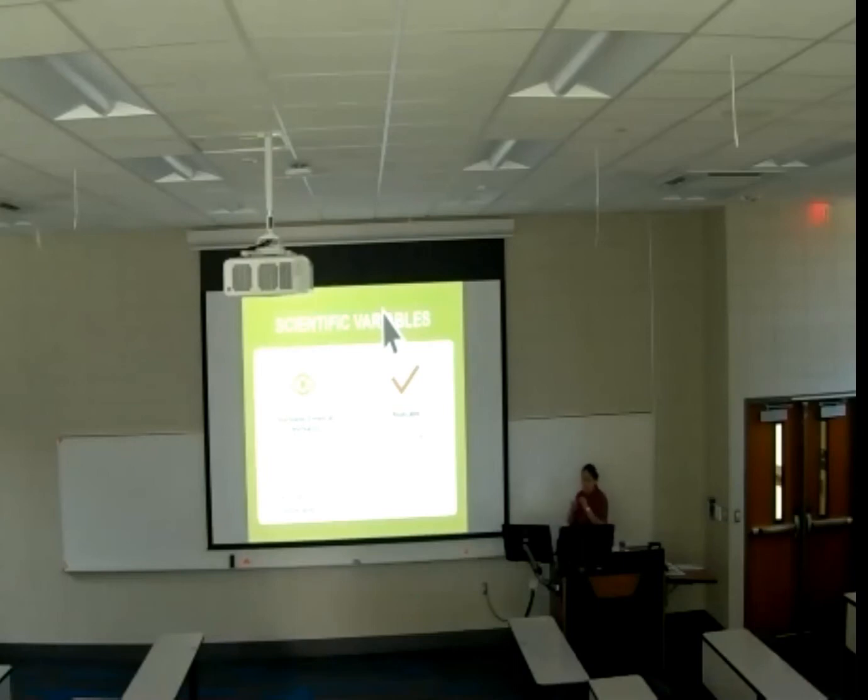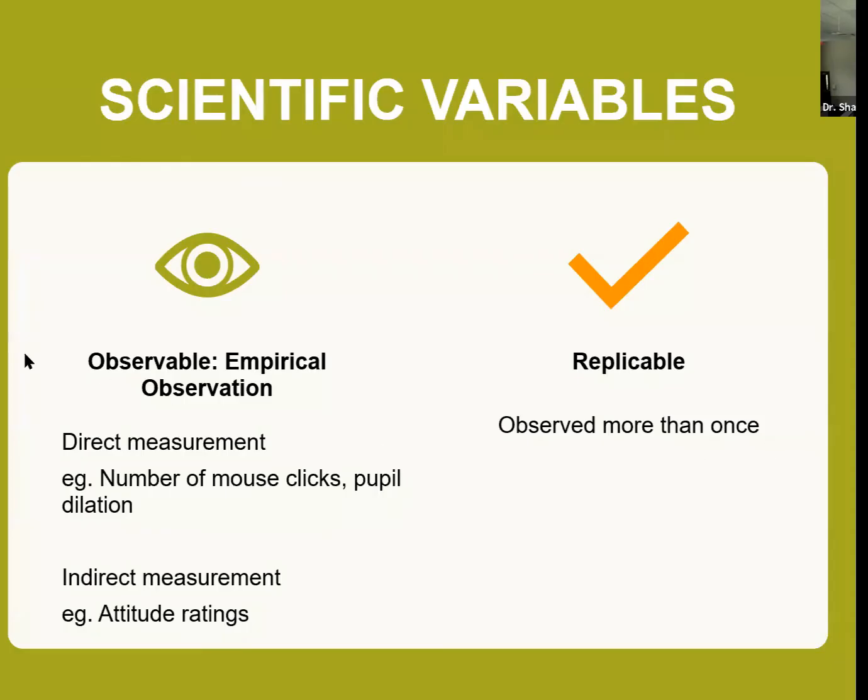Now, something that I need to mention is what makes a variable scientific. What makes a variable fall within the concept that we can study it? Well, some of the things that are necessary in order for us to study a variable is that we need a variable to be observable. What do I mean by observable? One of the things that we need to understand is that in order for a variable to be observable,